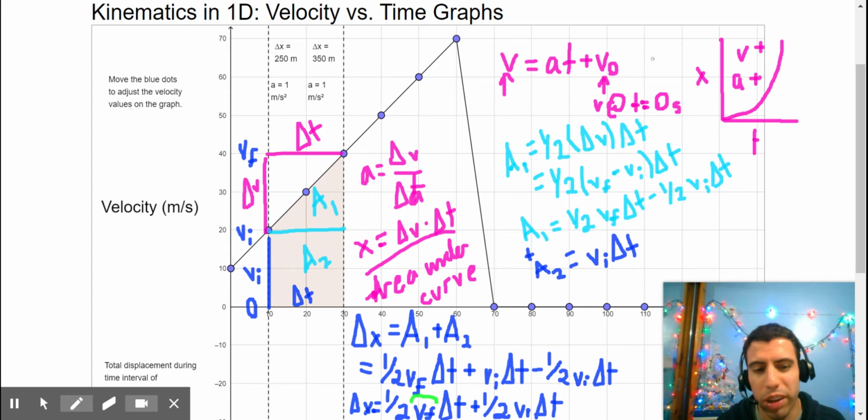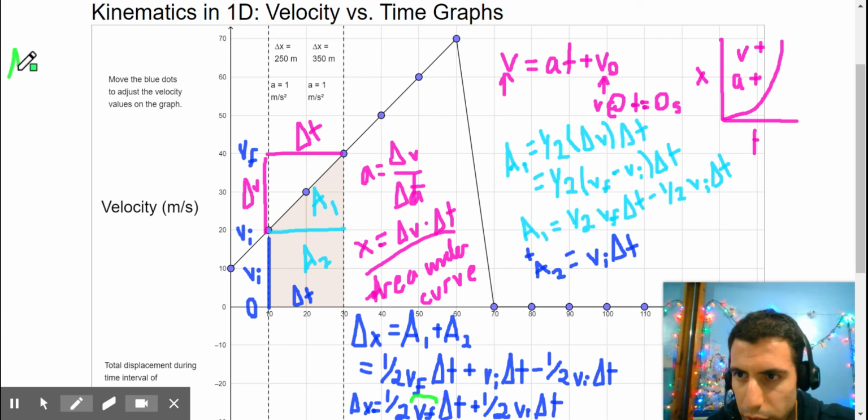But that's actually kind of a blessing here because we know this equation does work to find v final. Why can't we just go ahead and plug that into here? And let's see what happens. Let's see what happens when we plug in our v equation, or the equation of this line here, in order to find our delta x. If we do that, I'm going to do it here. Hopefully you guys can see it. Delta x,